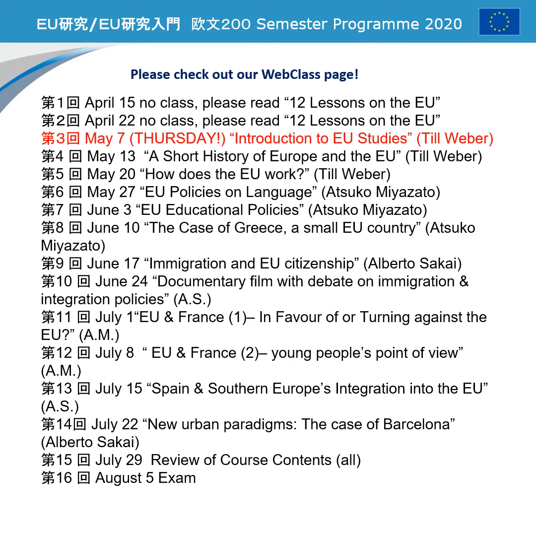This is what we have in stock. There were no classes in April due to the corona pandemic. I hope you have all picked up your copy of the textbook and read it. It's called 12 Lessons on the EU. You can still pick it up in front of my office at Kyotsu Kyoiku Sangokan 11. You can also download it in Japanese and in English from our web class page for this lecture series. Please check there from time to time because we will be posting materials and information on web class.